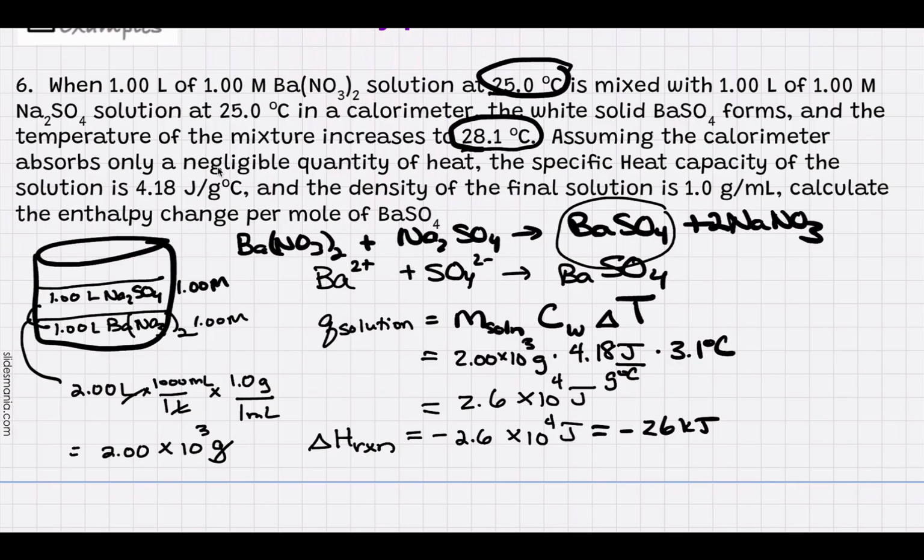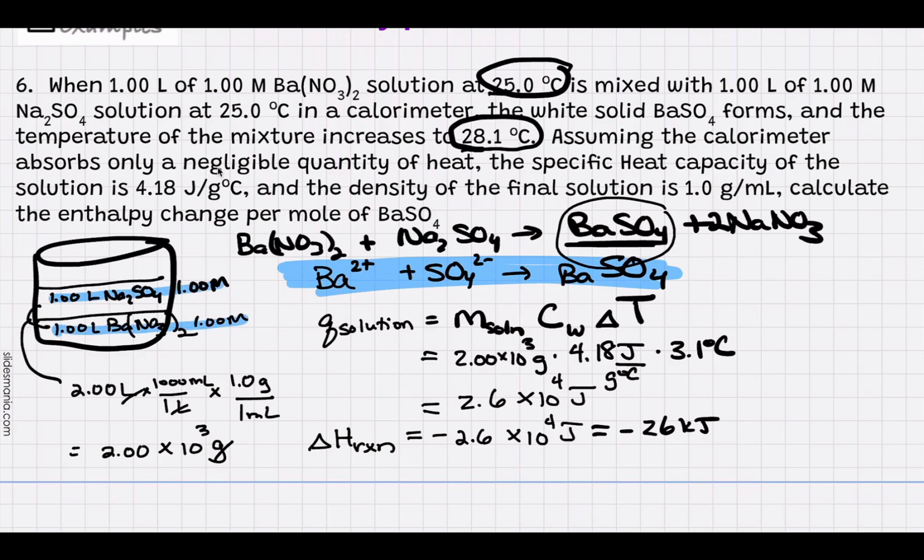So in the question, they want to know the enthalpy change per mole of the barium sulfate that's formed. So what we want to do is use that net ionic equation, and then we're going to use our molarities and liters of each of the reactants to solve